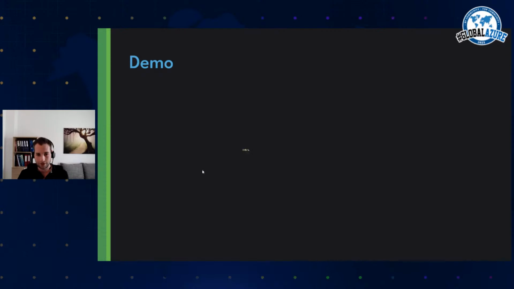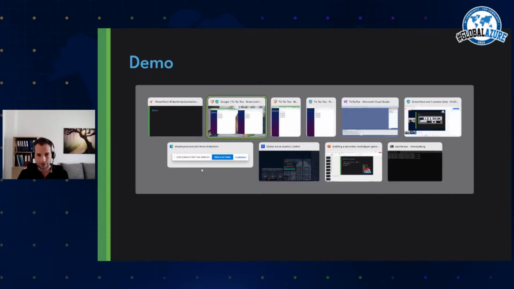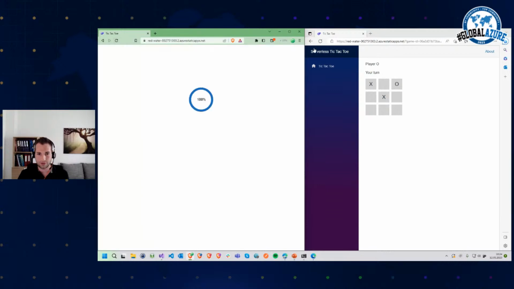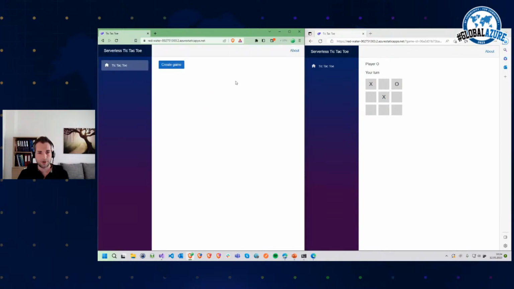And before I show you the code, I'll just restart this once so that you see the whole workflow. I only showed you the game. But when I first access my app, it just shows this create game button. When I click that, then it should start a new game. This takes a few seconds because our function app was asleep, and now it was woken up by SignalR. Now we have the game available, and we have an invitation link, and I can copy this link